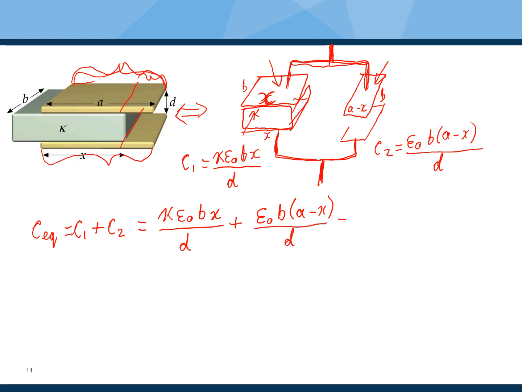The denominator for these two fractions is the same, and indeed I can obtain epsilon naught times b divided by d times